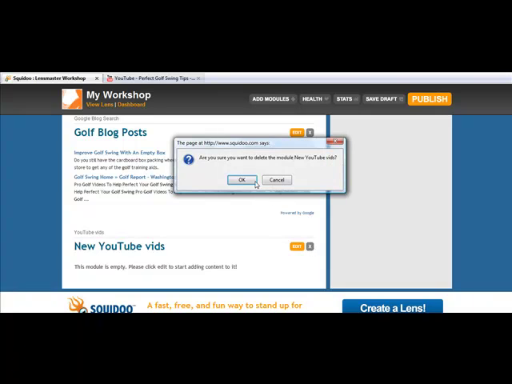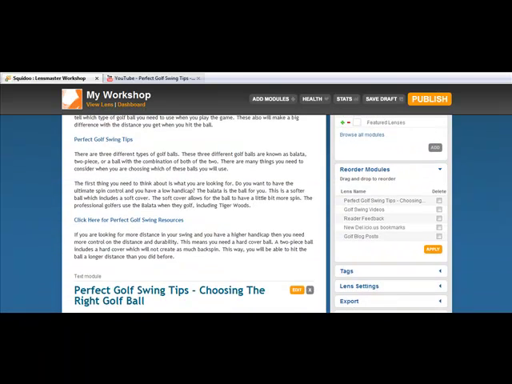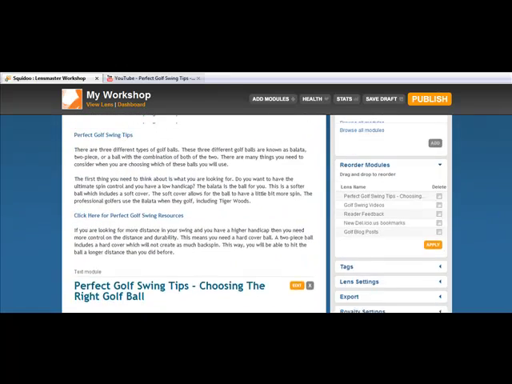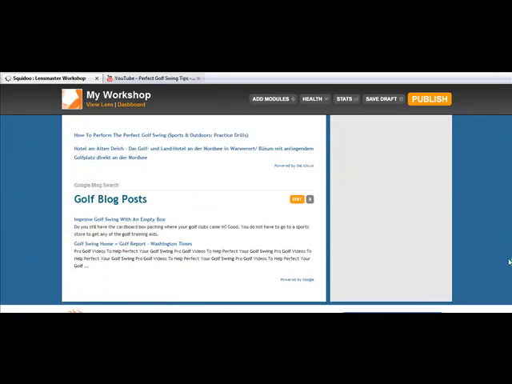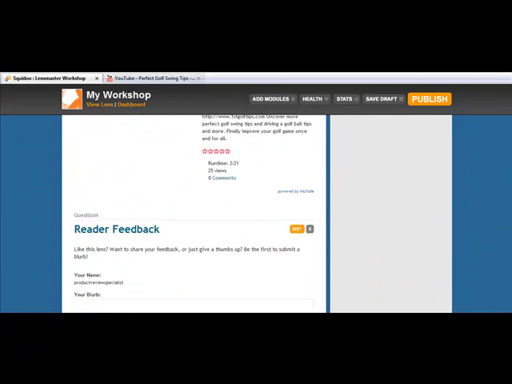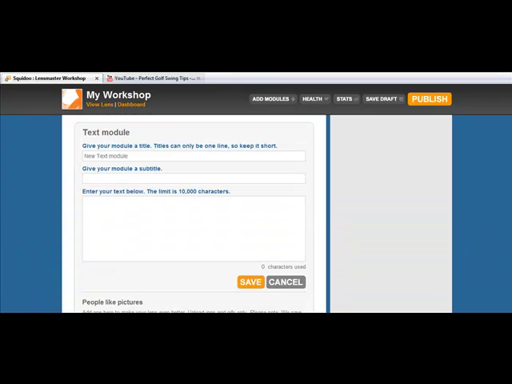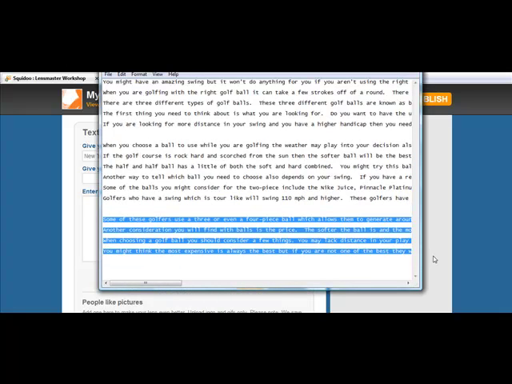And we already have a YouTube video module, so we could hit the X button there. But let's say that we want to add in another text module if we really wanted to add some value to this squidoo lens. So you could come right up here and just choose add text module, and then select add. And let's scroll down to the bottom here, because there it is, and we could just choose edit, and this time let's just copy and paste the final text in, because remember it's important to have 3 good text modules. So we're just going to copy this in there,